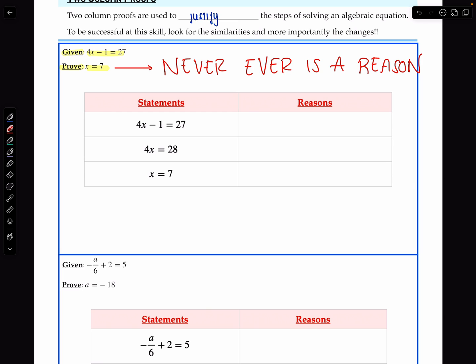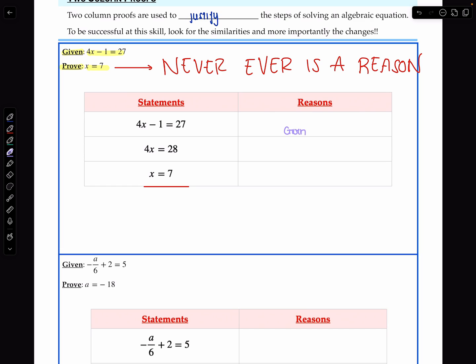It is the conclusion. It is the last thing that we should have, but it is never, ever, I swear to God, a reason that you put down. I would rather fail you for this class than have you put prove as a reason ever. I will put this on quizzes. I will put them on tests. I will do very bad things to you if you ever dare to put prove down, because I've told you this now. It is that important. Don't do it. So, having said that, you can, and this is why I stress it so much, put given